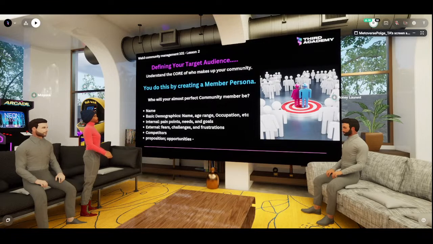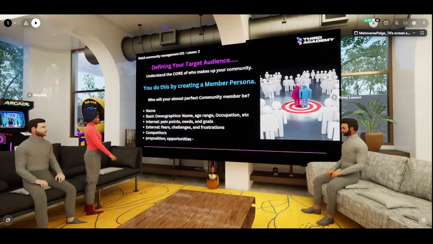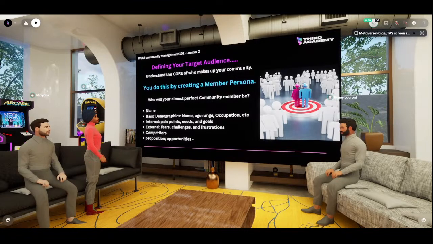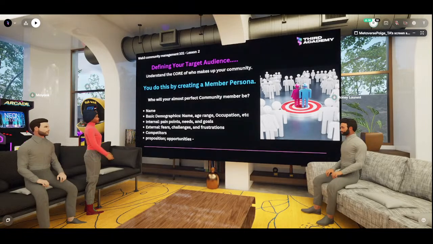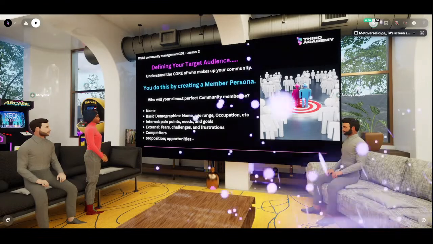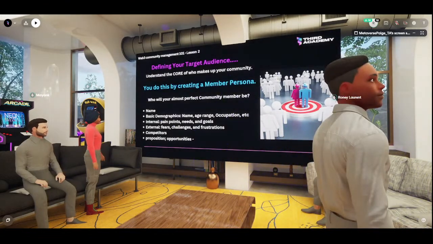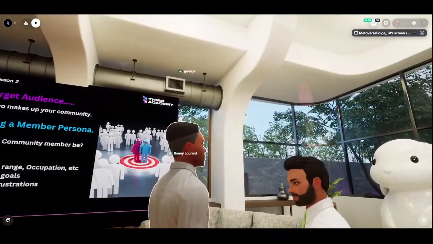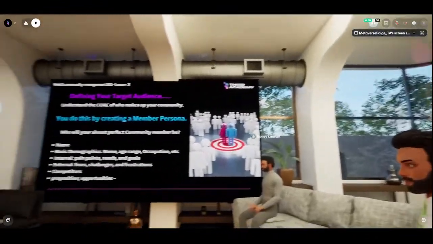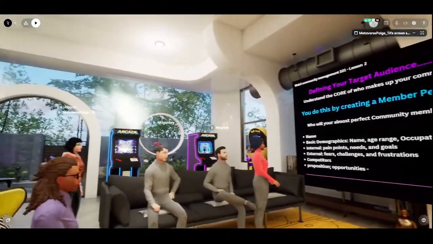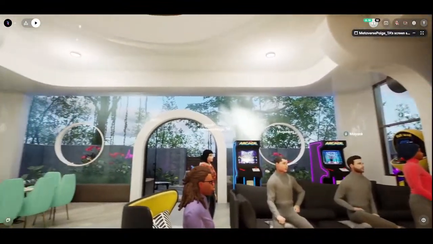Could also be that, because you have to create different member personnel, another could just be that they need an easy way to transfer funds across different countries. That's easier, that's cheaper and faster. And it does it for them, right? So your product does it for them, right? So that way you're able to understand your members' pain points and needs.